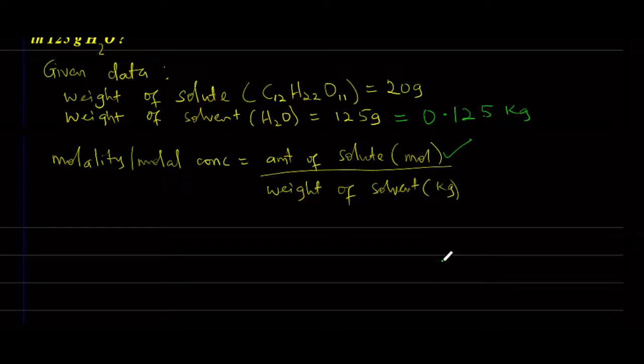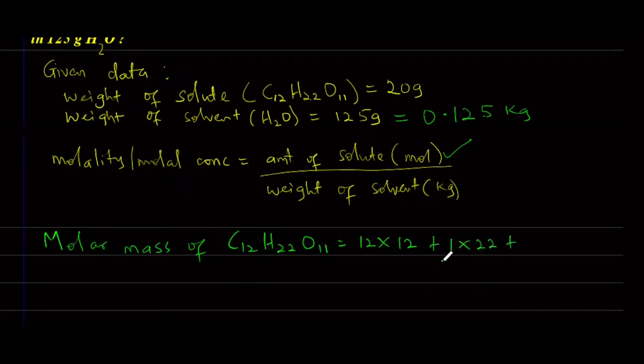Now let's solve for the mole of the solute. First is to get the molar mass of the solute. The molar mass of C12H22O11 is going to be carbon is 12 times 12. We have 12 carbon and the atomic weight of carbon is 12. Plus hydrogen is 1 times 22. We have 22 hydrogen. Then oxygen is 16 and we have 11 of oxygen, and that gives us 342 gram